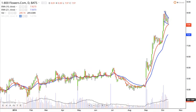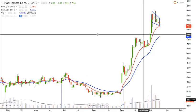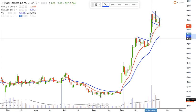Another play that I have found is FLWS. This is 1-800-Flowers.com. I don't know about the fundamental story. Looks kind of shady to me, but all I can see is that the price action has been beautiful. You had this bullish flag pattern right here, rallied, sold off into the 10, and then,